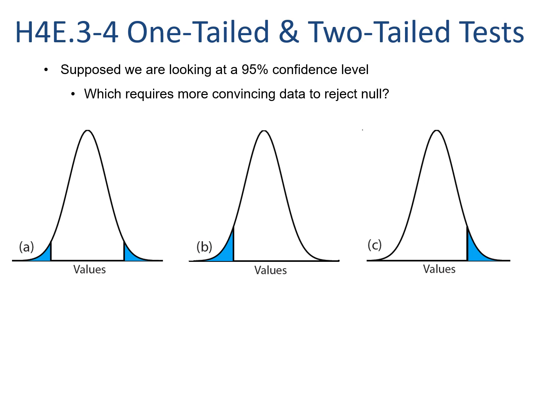And we can perform 2 different types of t-tests against the population, a one-tailed test, shown in B or C, or a two-tailed test, as shown in A. One-tailed tests assume that 5% of the possible data that we would consider significantly different would all be on one side, the left side for B or the right side for C. A two-tailed test assumes that the 5% rejected could be on either side, which means only 2.5% would be